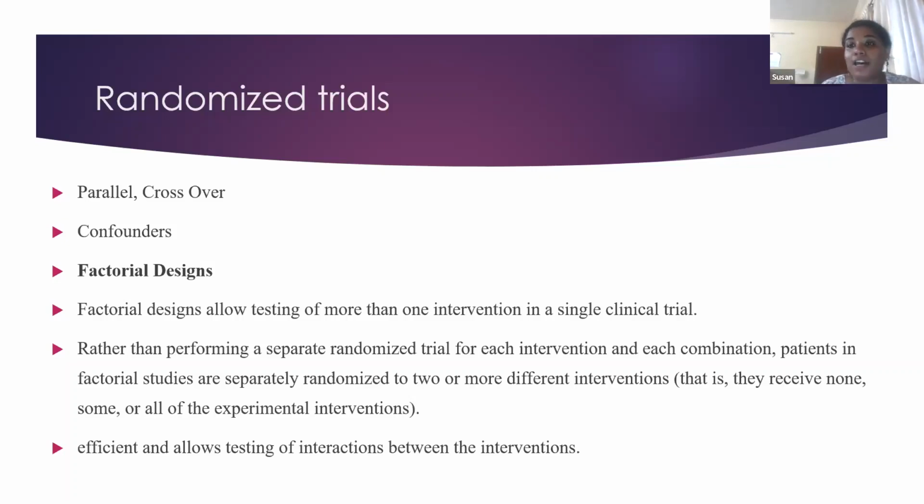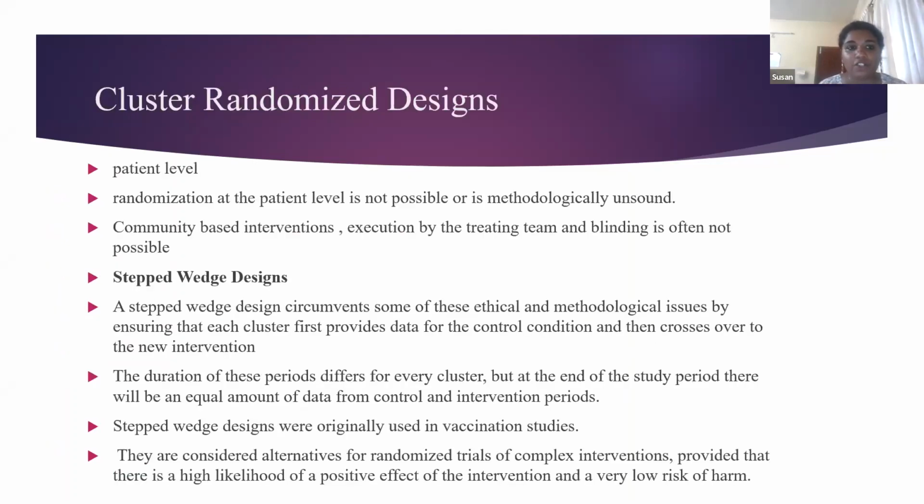The best thing about a randomized study is that it removes what we call confounders. I won't go into that. So let's move on to factorial designs. When we think about interventional studies, we only think about one intervention, right? But the advantage of factorial designs is that they allow us to test more than one intervention. It makes combinations where some of them get none of the treatments, some of them get most of the treatments, say there are 1, 2, and 3. Based on the group in which they are placed, this design helps us analyze different kinds of interactions. So it allows the testing of interactions even between the different interventions.